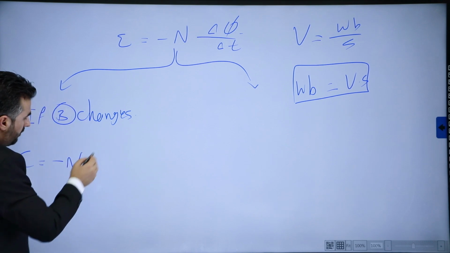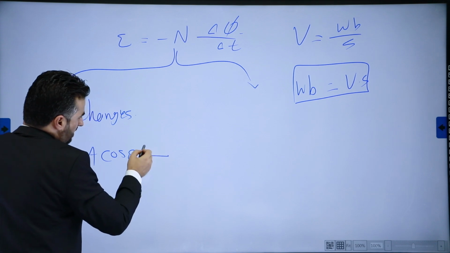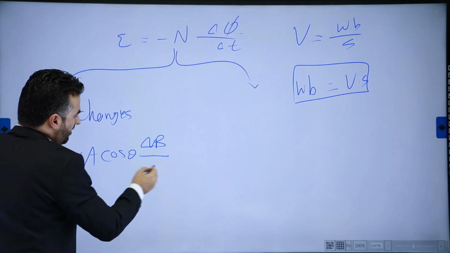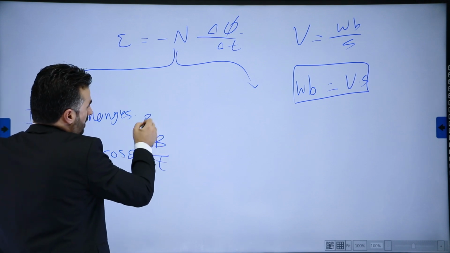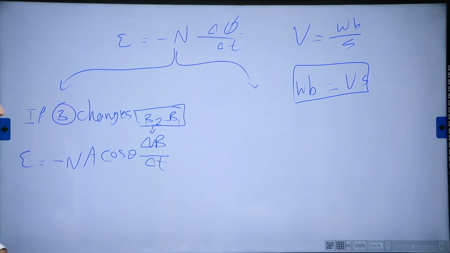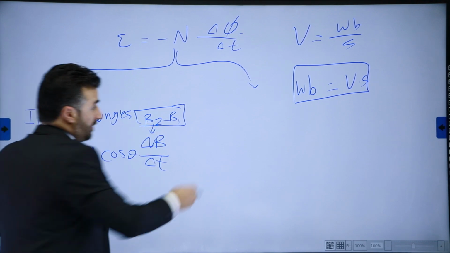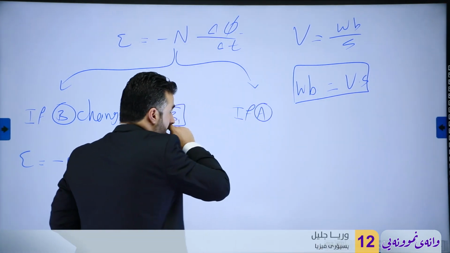We can use, of course, A cosine theta, and of course, we can say delta B here, divided by delta time. And of course, you do know that delta B here equals B2 minus B1. That is what we're going to use right here in the equation. What if area changes here? Because sometimes area can change. If area or cross-sectional area changes,